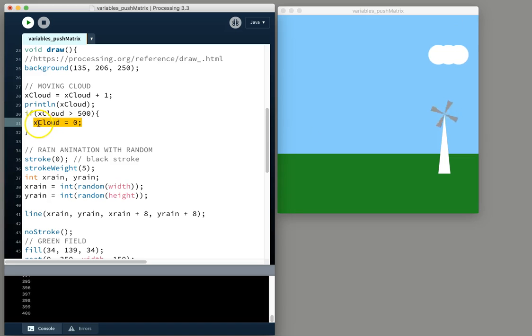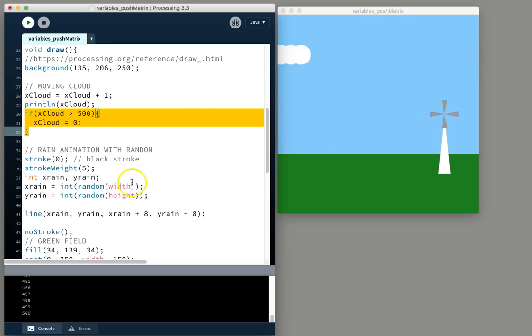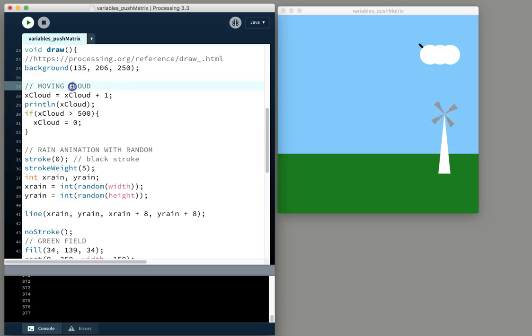And it only happens once, because once x cloud equals 0, then x cloud will be added by 1, meaning that it only happens at that time. Of course, you know that it will be repeated again and again, but it only happens for a very tiny second, and we're gonna use that